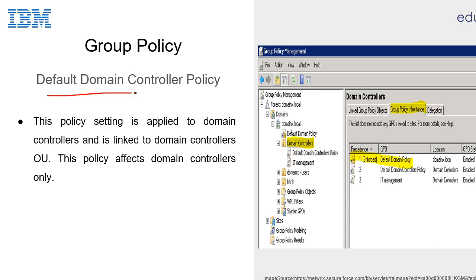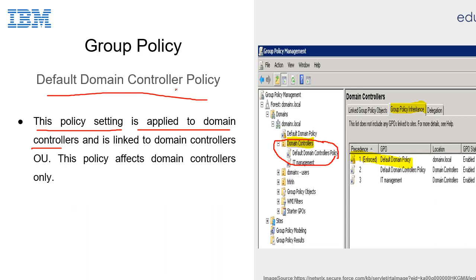And next, default domain controller policy. This policy setting is applied to domain controllers. This policy is applicable to domain controllers only. But the default domain policy is applied for the entire domain, whereas this default domain controller policy is applied only to the domain controllers existing in the domain.